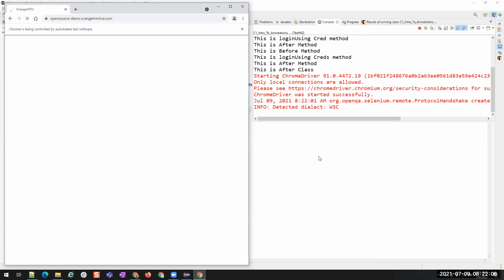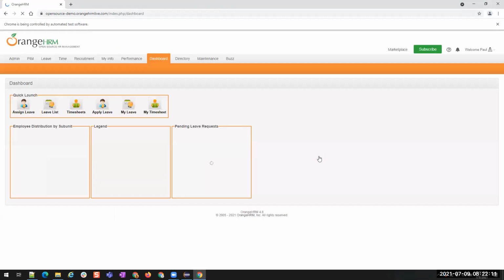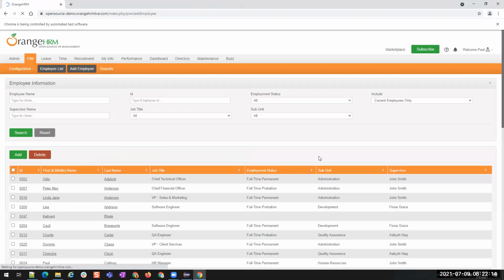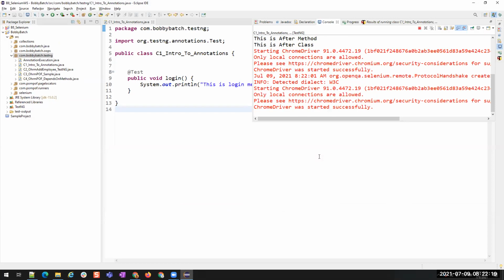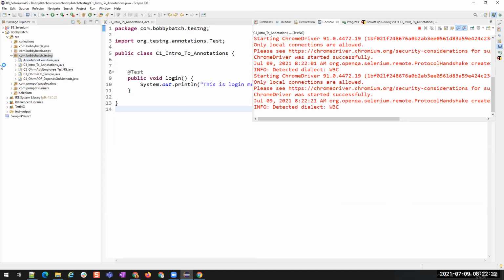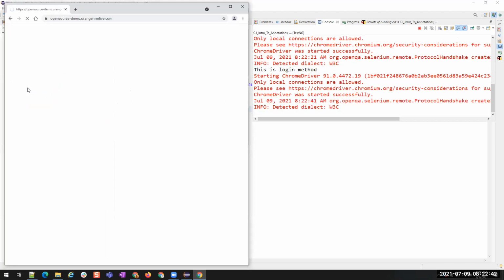But even this is not useful for us, because in real time we are not going to sit in front of the system and click each package. We are not going to have all the execution classes in a single package, right? In real time, it will be in multiple packages, like you see here itself, we have written multiple packages. Will you sit there and execute each package one by one? No, right? So that is the reason TestNG provides an XML file for us. So we'll use the XML file to do this batch execution.